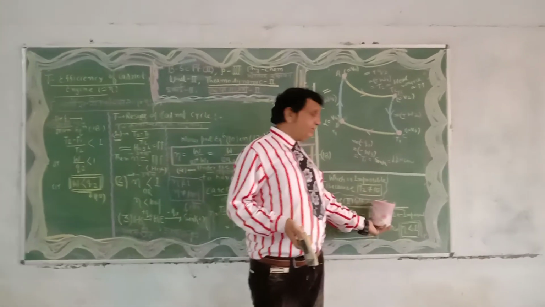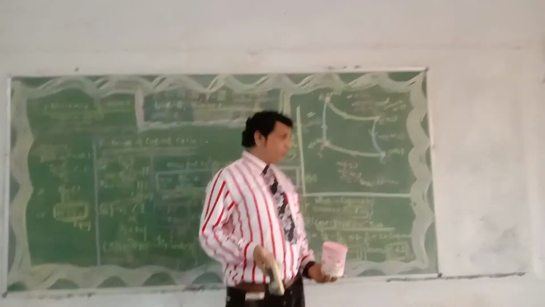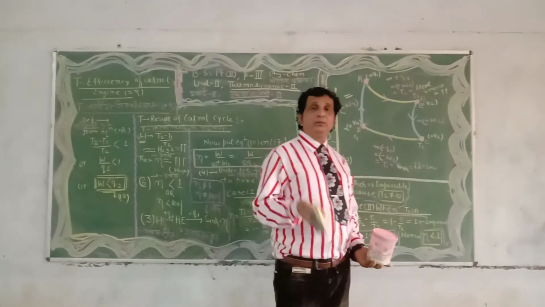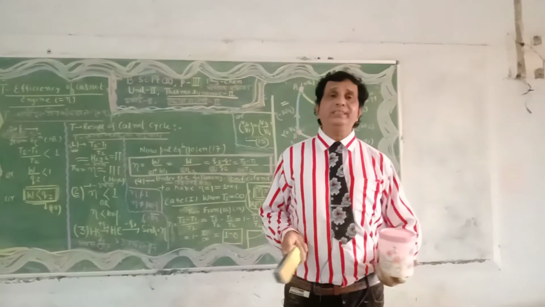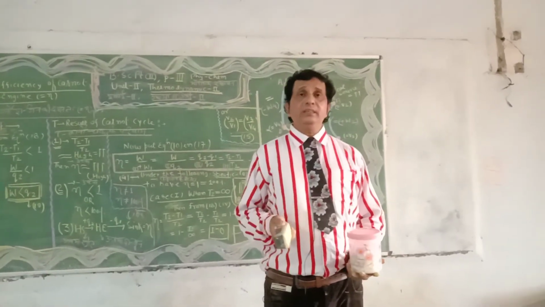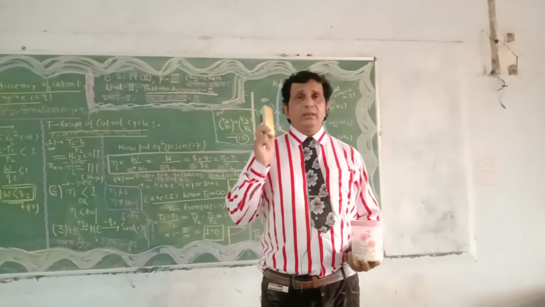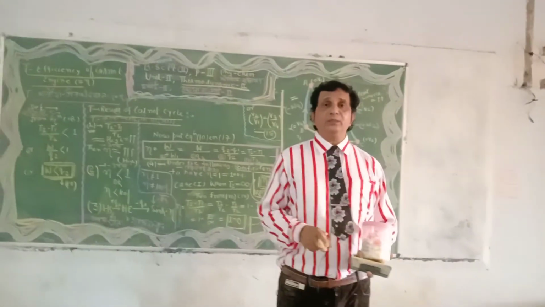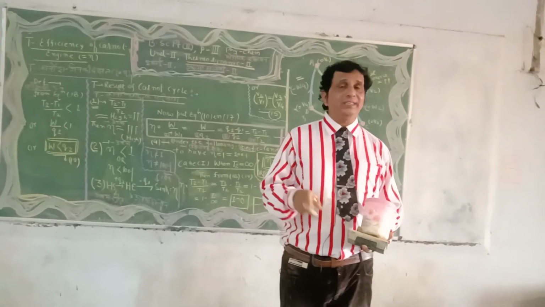Similarly, in the case of T1, the temperature equal to 0, eta is equal to 1. I mean to say, on behalf of these two conditions, the efficiency of any system cannot be expressed as unity or 100%. It is always less than